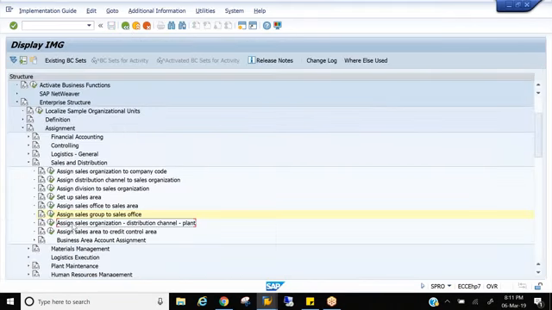Next, this assignment is very important and very important for the interview as well. So in the interviews, they ask this question. So what is the combination of sales org and distribution channel called as? It is sales line, right? Sales org plus distribution channel is technically called as sales line. So in the interviews also, they ask this question, why you are assigning sales line to plant? So why we are assigning the sales line to plant? Because to make sure we deliver goods from that particular plant to the customers in this distribution channel, right?